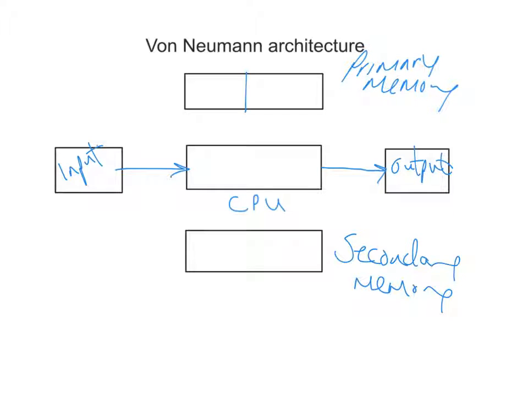So the primary memory, if you think about it, can be split into two sections. There is volatile and non-volatile, and volatile memory is memory that can be changed, and that is random access memory. And non-volatile means that it can't be changed, so it doesn't change very easily or at all, and that is ROM. Now we're going to look into these two areas in a bit more detail in a future lesson on primary memory. But for secondary memory,